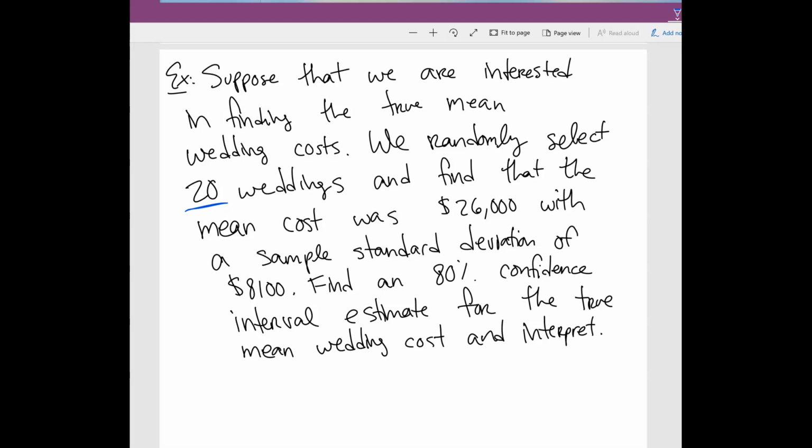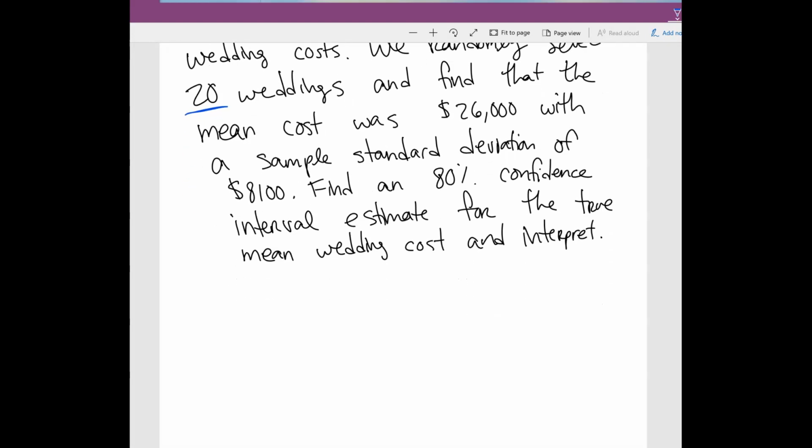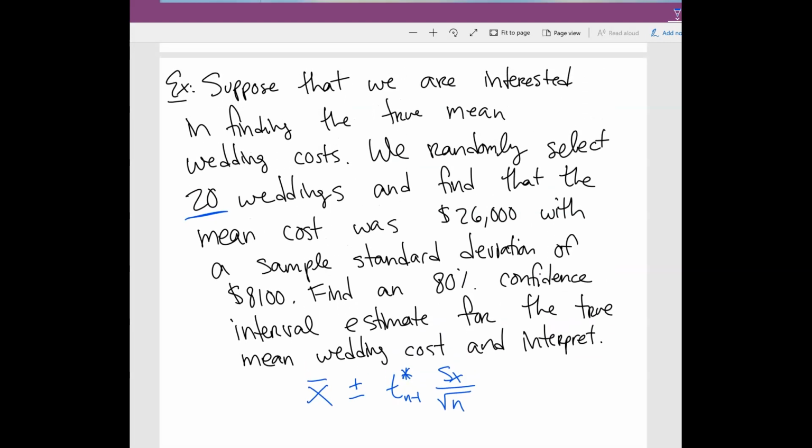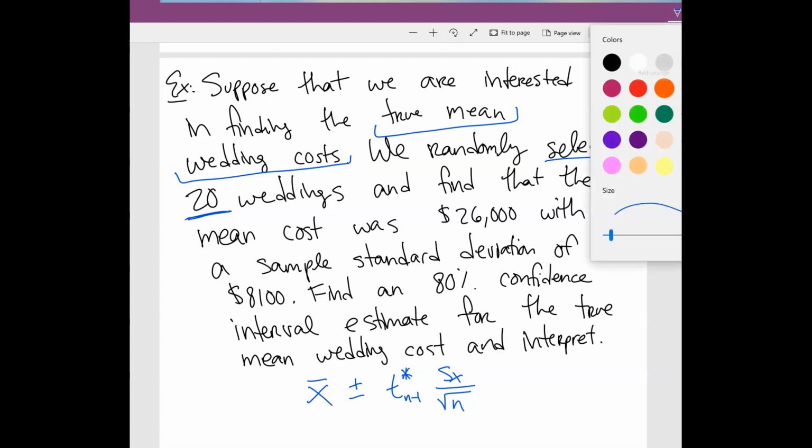So now let's first start off by writing down our formula. So our formula is going to be x bar plus or minus t star n minus 1 s sub x over square root of n. Okay, so this is basically our formula. So the one thing that you want to be able to do is let's try to identify everything that we have. So we want to find the true mean wedding cost. Usually all of the information, you just have to look for it. So we randomly select 20 weddings. Okay, so when we're selecting 20 weddings, that's basically our n value. So here n